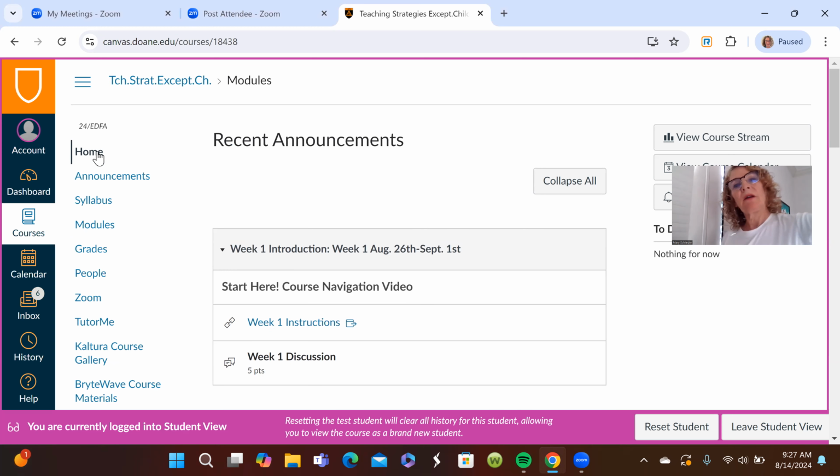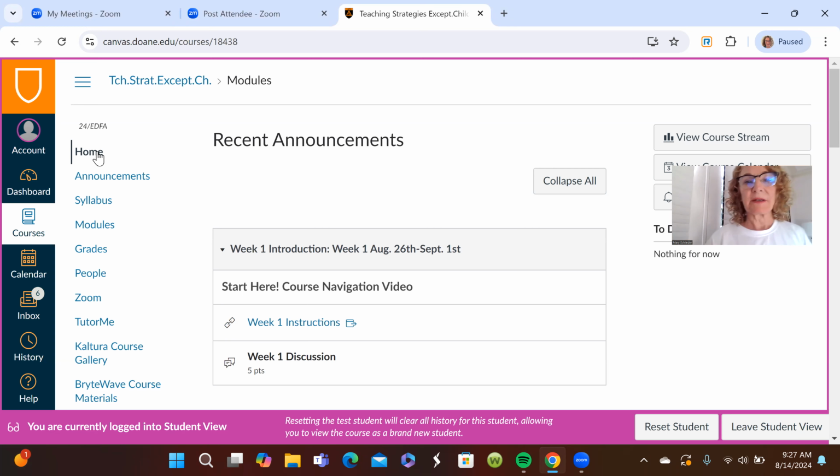I do want to mention that you will need a textbook for this class. We're going to use this textbook a lot, and so there's no way around it. You have to have the textbook. It's called High Leverage Practices, and in the introductions and everything else, you're going to see the title of it with the authors. Make sure you get the purple book. They have two books out. Make sure you get the purple one, High Leverage Practices. The author and all that is in the course for you to find. So you will need this textbook.